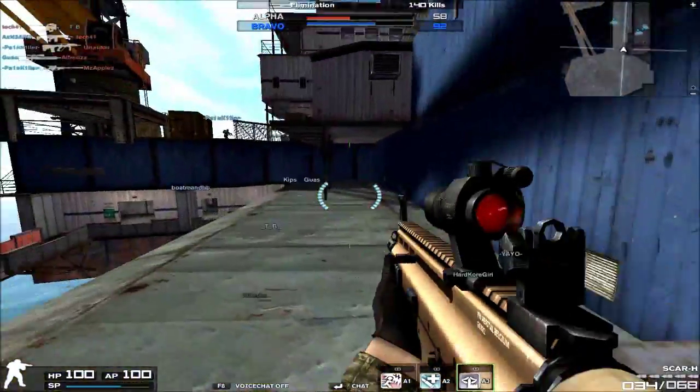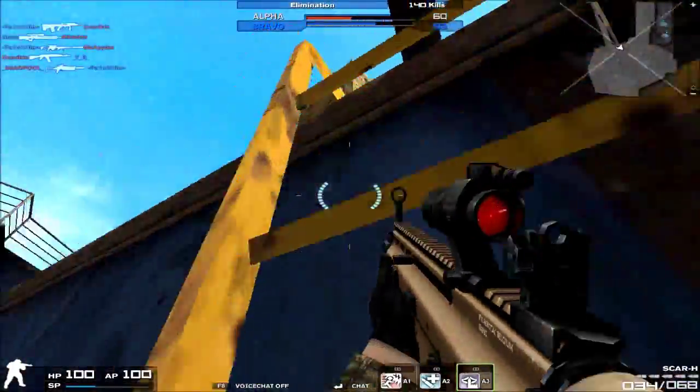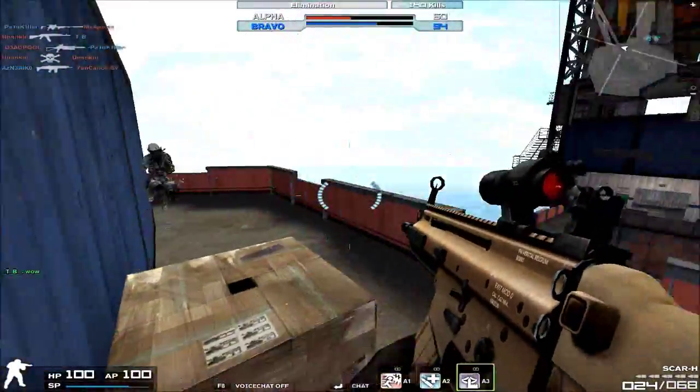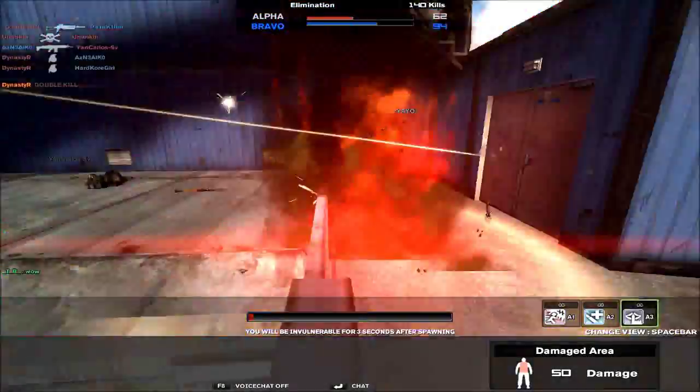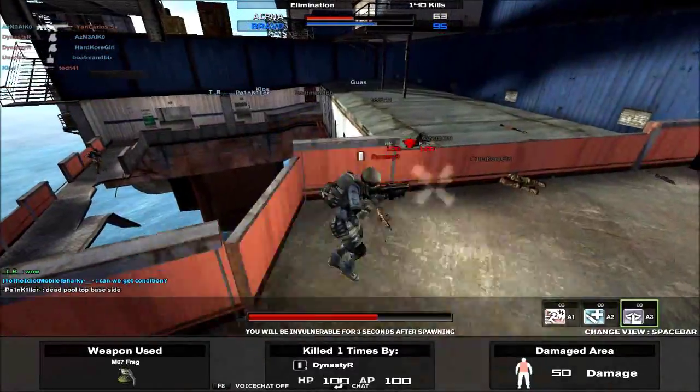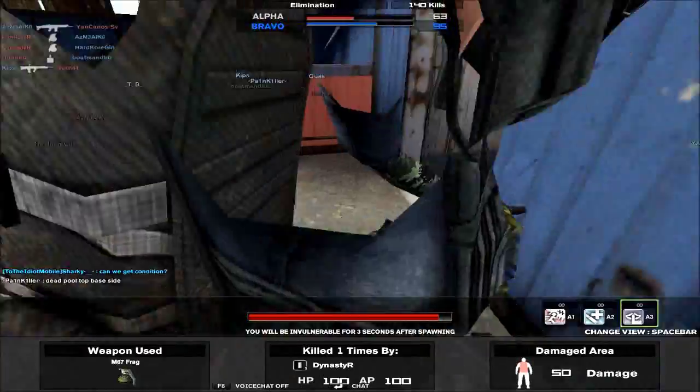Let's see. So, recoil kickback. The kickback is also noticeably higher on the Scar H than it is on the Scar L. So once again, something else that's different that I don't quite understand why. And for the recoil controllability, overall it's significantly harder on the Scar H than it is